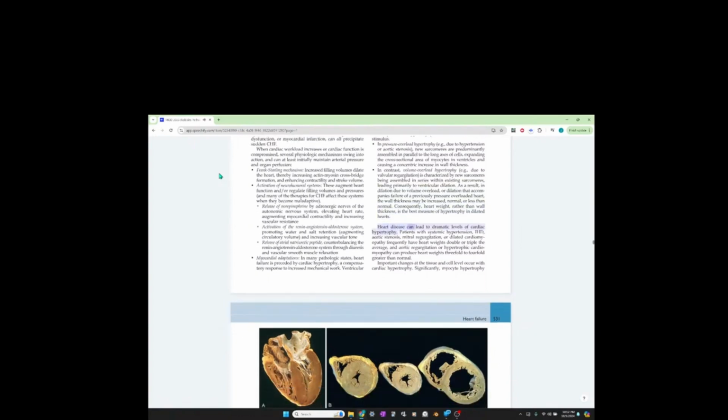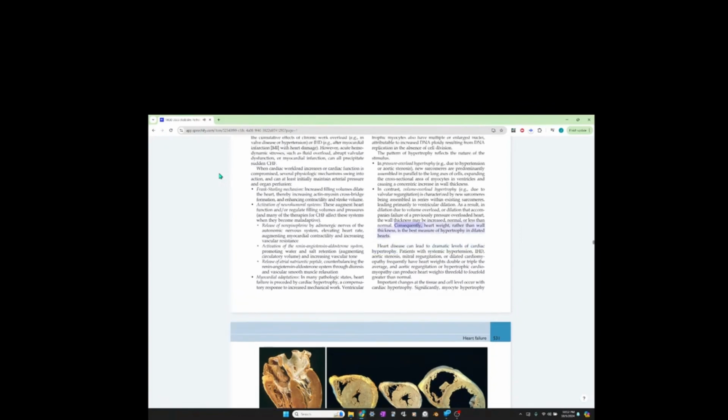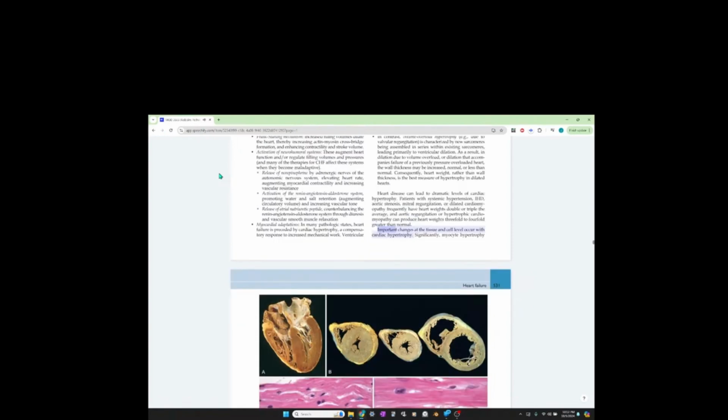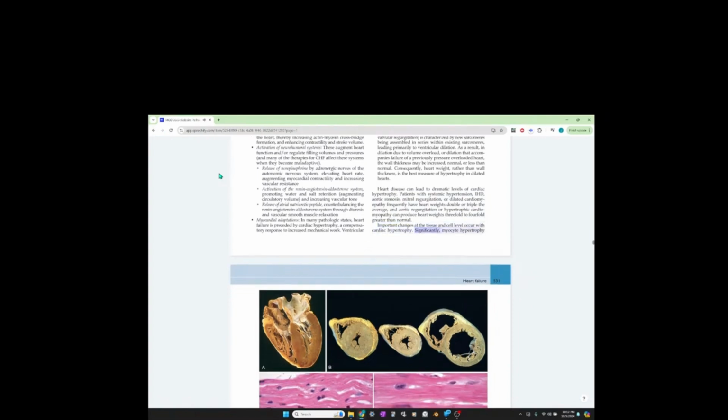Heart disease can lead to dramatic levels of cardiac hypertrophy. Patients with systemic hypertension, aortic stenosis, mitral regurgitation, or dilated cardiomyopathy frequently have heart weights double or triple the average. Aortic regurgitation or hypertrophic cardiomyopathy can produce heart weights 3-fold to 4-fold greater than normal. Important changes at the tissue and cell level occur with cardiac hypertrophy. Significantly, myocyte hypertrophy